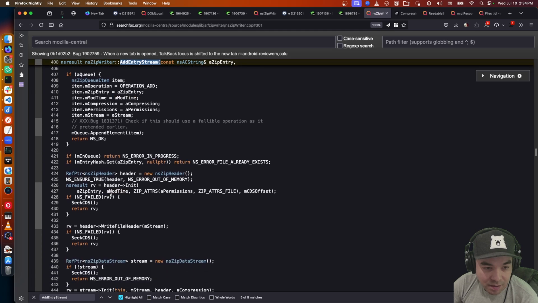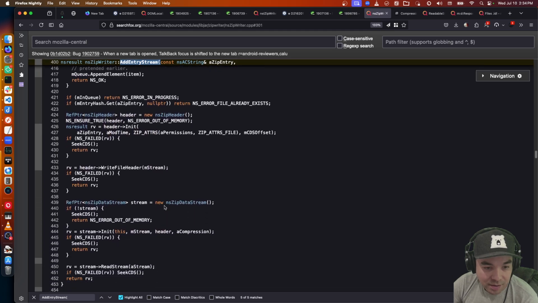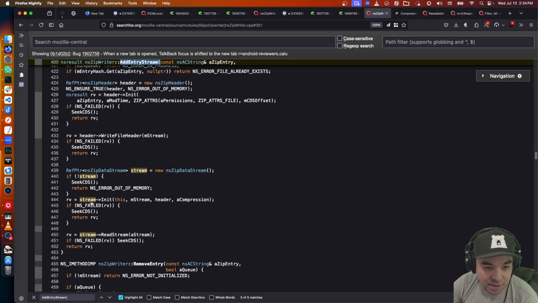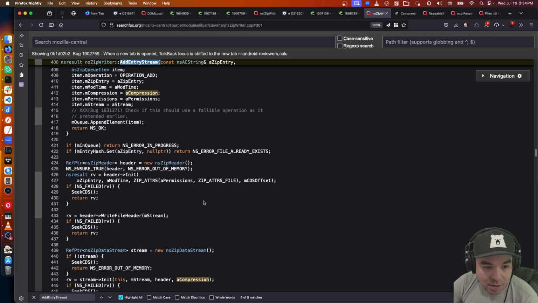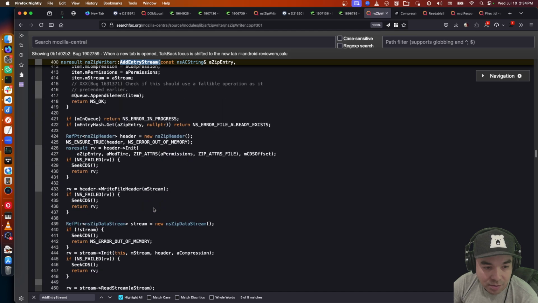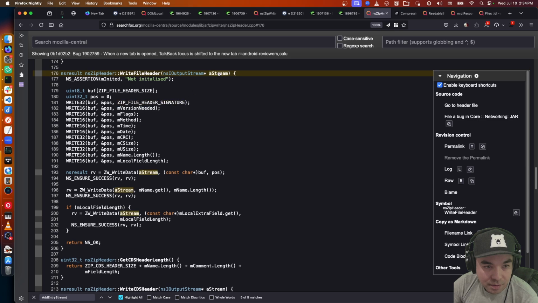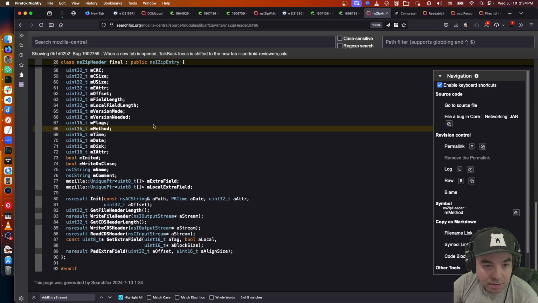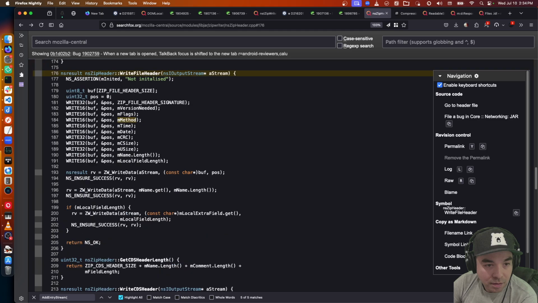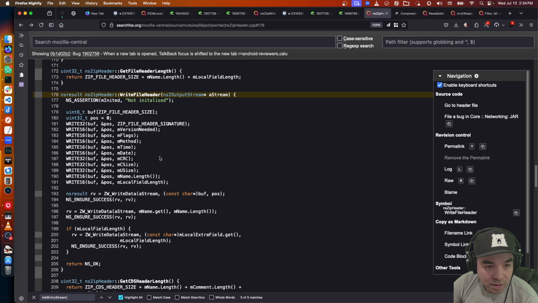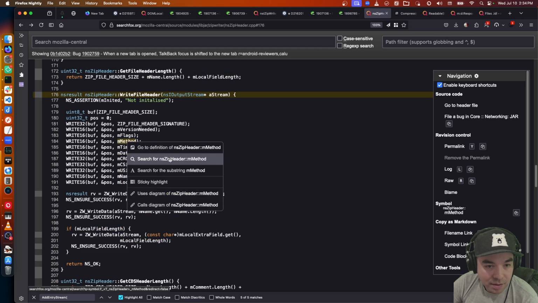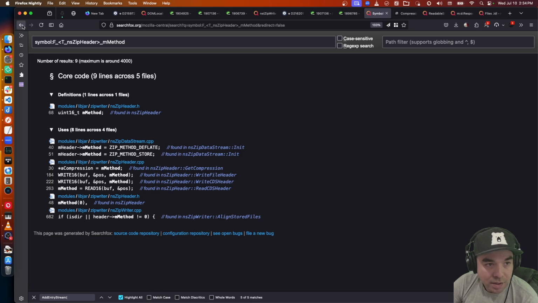And then over here, initialize the header, write the header, get the zip data stream. You would initialize the stream, you pass the stream with compression. You'd say compression none, but you'd update the header, write file header. Method, zip write data stream buff position, write data stream write data, size, name, locale. What is method? M method. Right, you would update M method